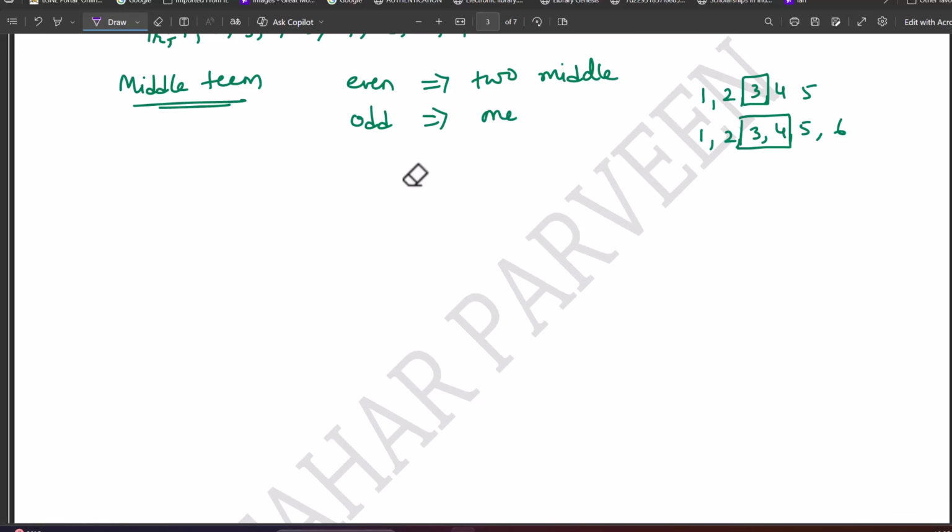So we have two cases, right? Case 1 where n is even, and case 2 where n is odd. In order to find the middle term if n is even, the formula is the (n/2 + 1)th term.